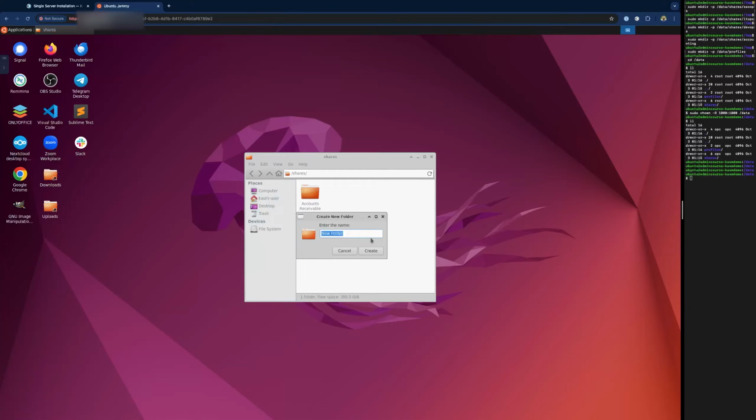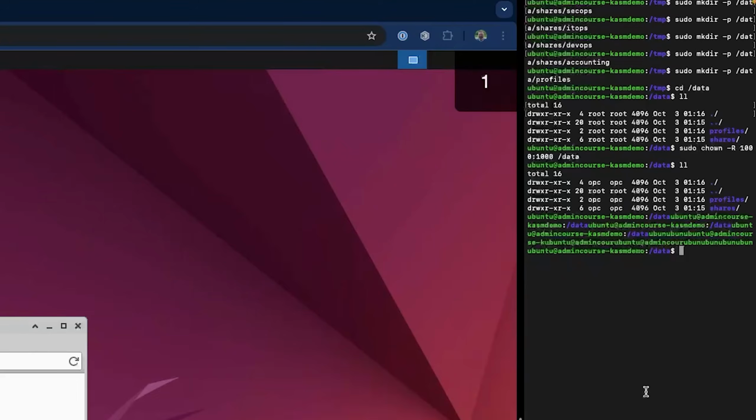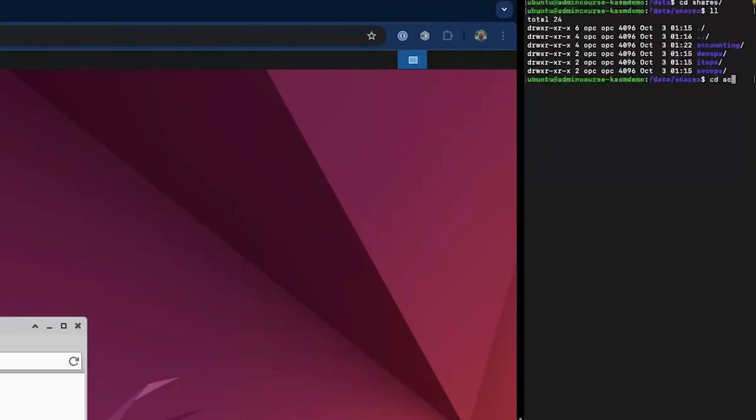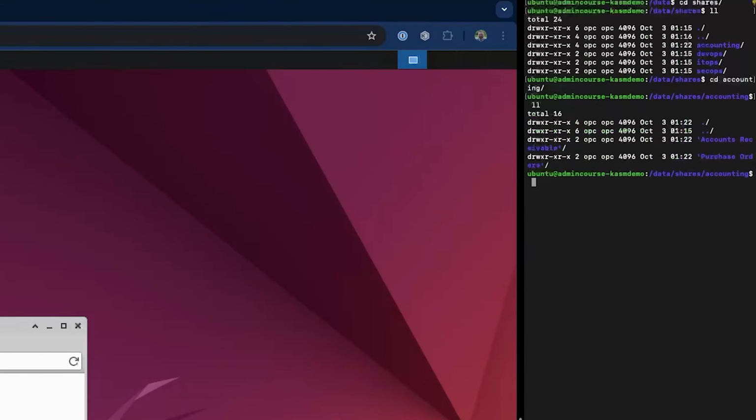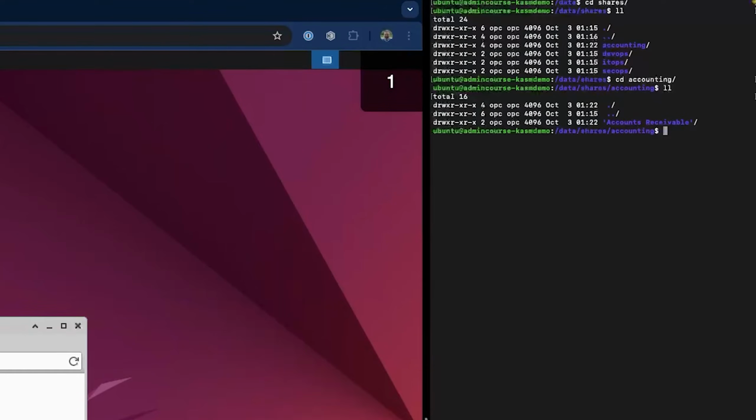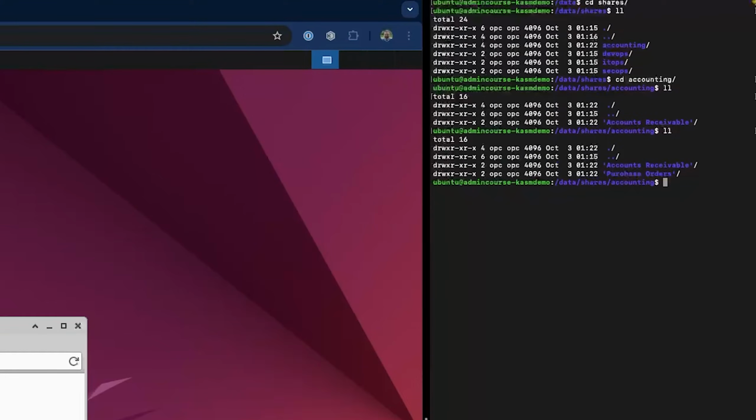Let's create another folder for purchase orders. You know what, if we go to shares and then accounting, you can see I've created the folders here, and then they're subsequently created inside of the local file system as well.